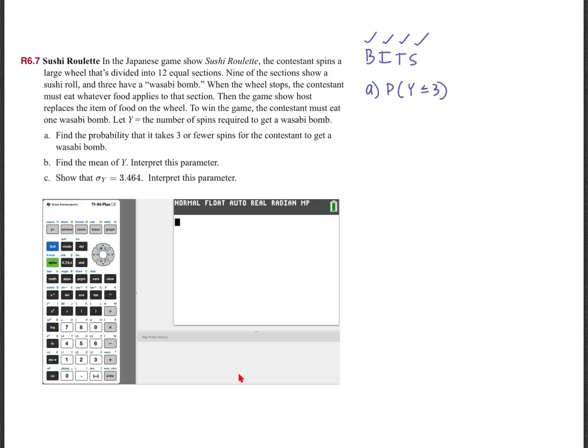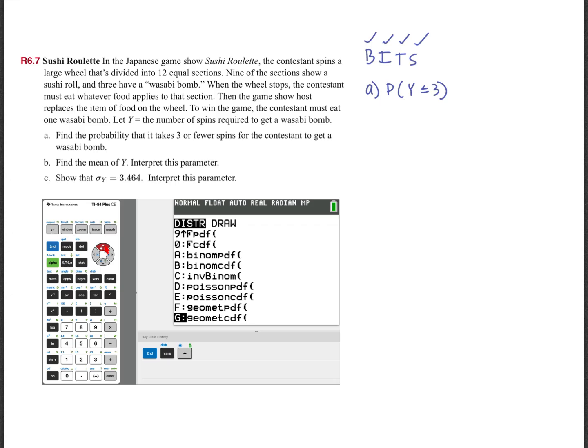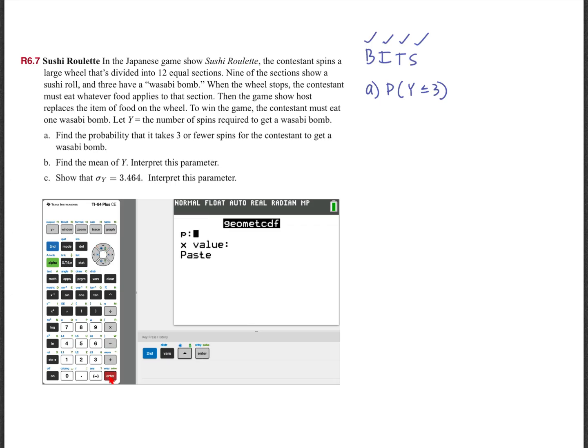Okay, 3 or fewer. So that's going to be geometric CDF. Okay, so we'll go to the calculator. And geometric, you only have to type in 2 things. We'll do second vars, and I'll hit up for geometric because it's the thing on the very bottom. If you hit up, it goes to the bottom. So the probability is 0.25, right, since it's 3 out of 12. And we want to know less than or equal to 3, so we'll put 3, and that's it. Okay, if we were showing our work for an FRQ,